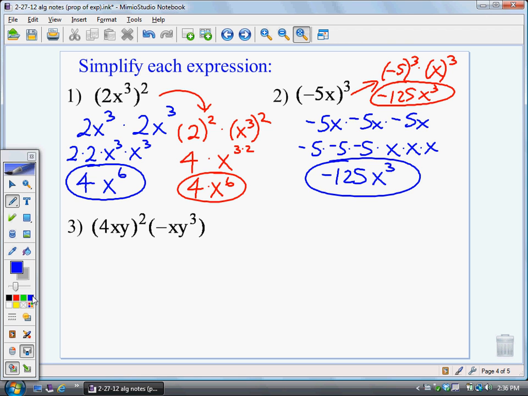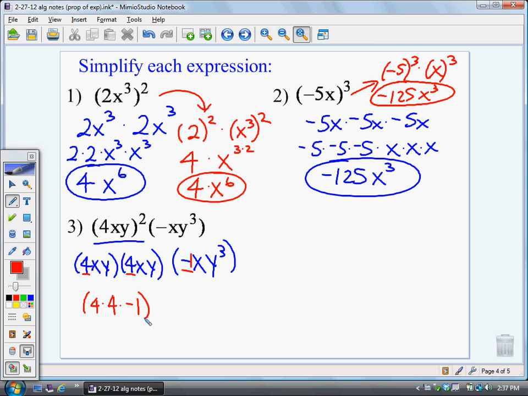Now the last example, we have to do a couple of things. We follow order of operations. We're going to do this part first. 4xy multiplied by 4xy. And that's what 4xy squared means. Then we're going to take that answer and multiply it by negative xy to the third. We could do this all together at one time if you want. Take all of the coefficients, 4, 4, and remember this is negative 1. 4 times 4 times negative 1. And then we would take